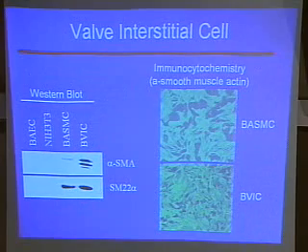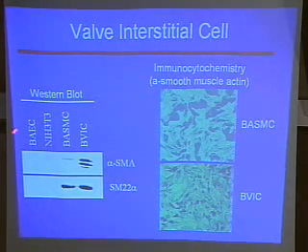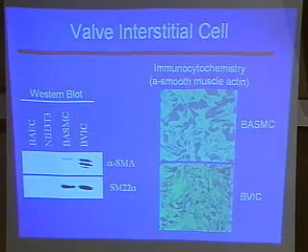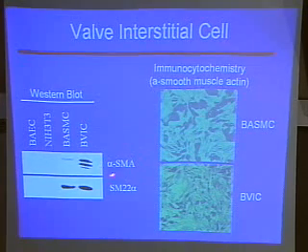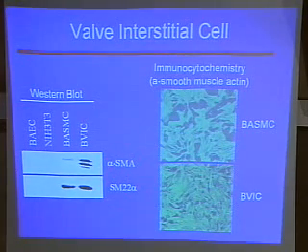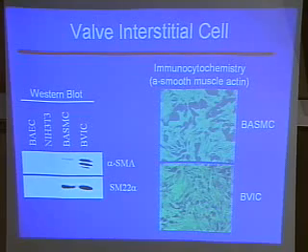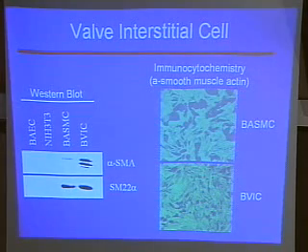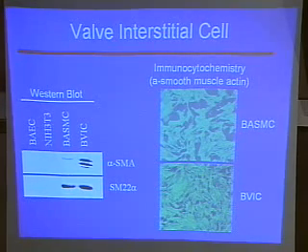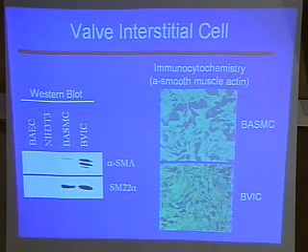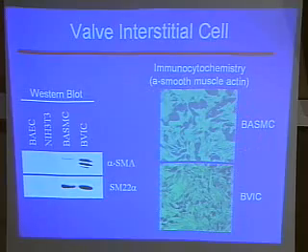So in looking at protein expression and comparing these cells to bovine smooth muscle cells, we found a very similar protein expression pattern. We found that the bovine valve interstitial cells express both alpha smooth muscle actin and SM22 alpha. These are two markers that are traditionally indicative of the smooth muscle cells. When we stain for alpha smooth muscle actin in cell culture, it's a little difficult to see here, but we saw that the cells have filamentous actin, which is oriented in the long axis of the cell, which is very similar to what is seen in the smooth muscle cells.